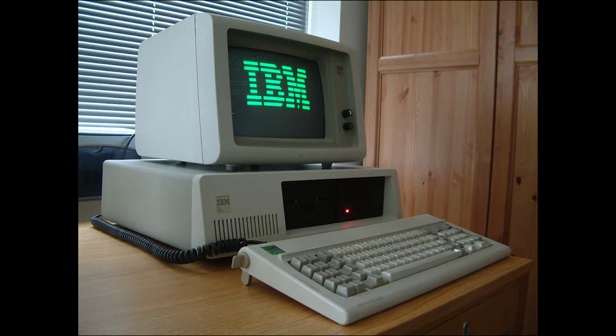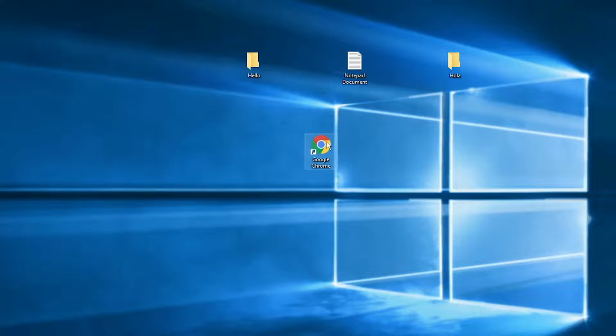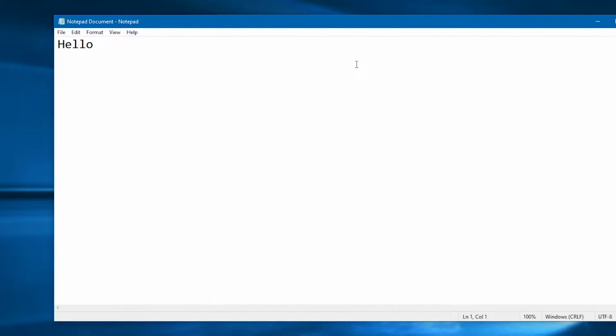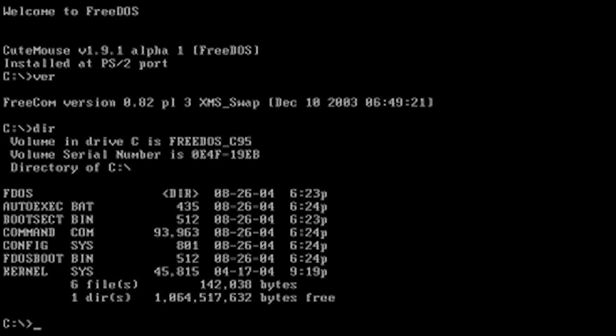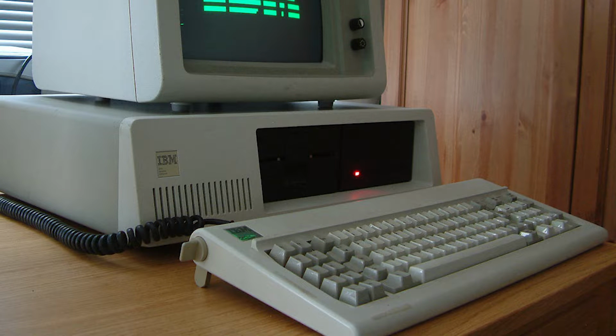These computers were definitely a step up from the room-sized computers, but they were still very different from the ones we know today. Instead of being able to click icons on a home screen to open them, you had to physically put the application into the computer and then type a list of commands to run the application. There was also no mouse. This was mostly because you didn't need one because there wasn't a user interface, but it still just shows how